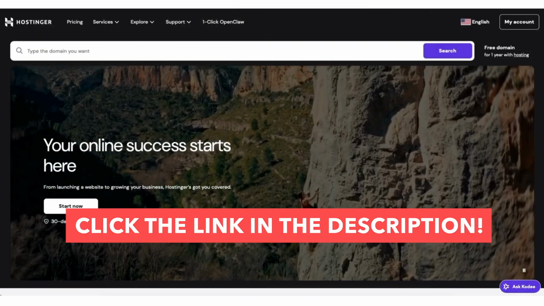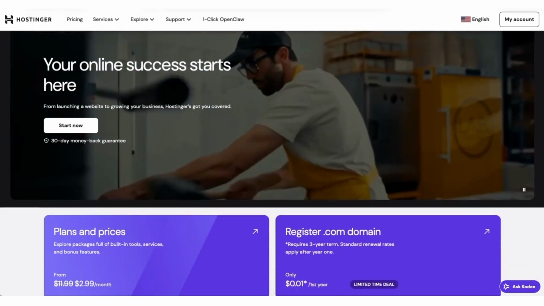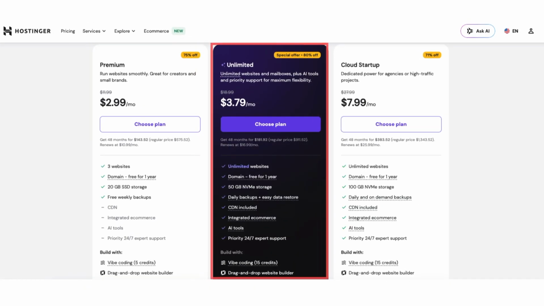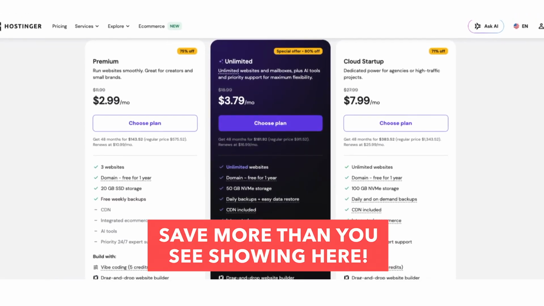Once you click the link in the description, you'll be taken to Hostinger. Click the Get Started button to view the available hosting plans. You'll see three main options: Premium, Unlimited, and Cloud Startup. Remember that the exclusive Hostinger coupon code in the description can give you an additional discount on top of the